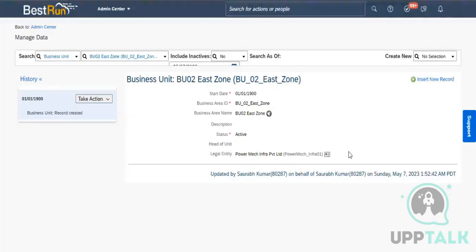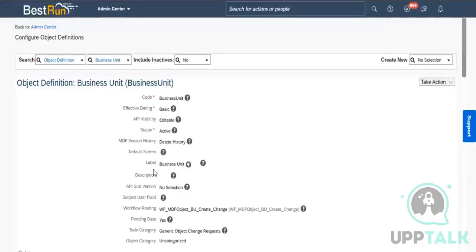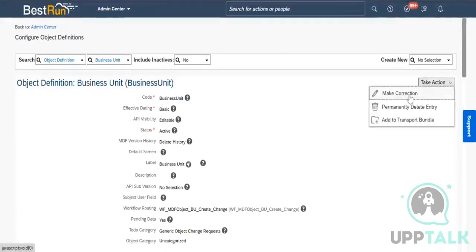Okay. Yeah. So this is one scenario which was in the case of an MDF object. Okay, where we can directly assign the workflow in the configure object definition. There is an option available. So if you are assigning it in business unit and if you are changing something in division or department, you cannot expect the workflow should trigger. Wherever the workflow is assigned, you have to perform the action in that object. Okay,